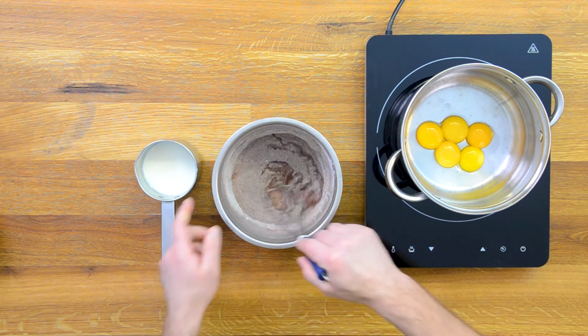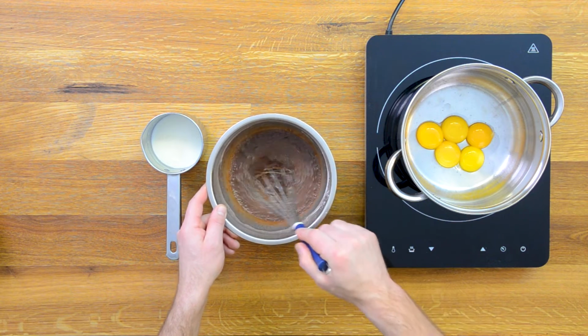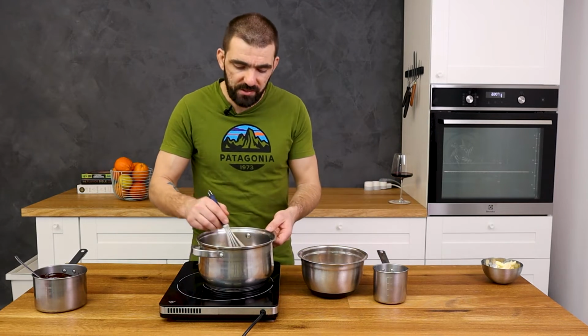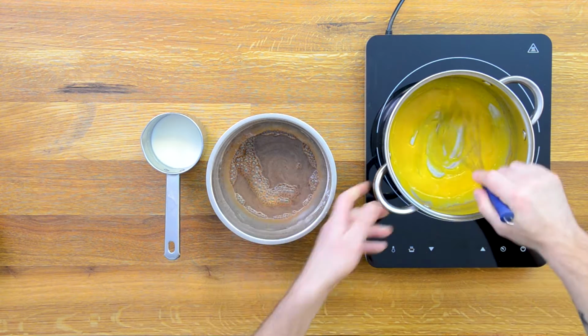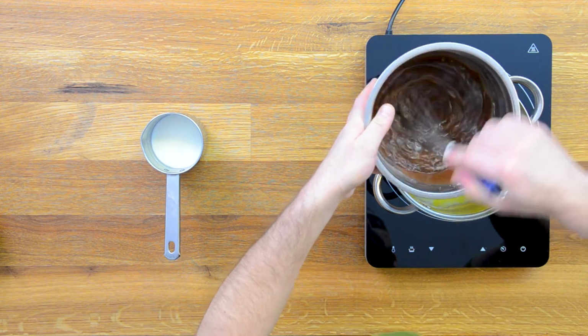and then slowly dilute it with milk, because if I add all the milk now and try to mix it, I will get lumps, my cream will be lumpy, so I add a little mixture and so on. After I added about half of the milk, I will mix the yolks a little and I will add the cocoa mixture over them, and with the other milk